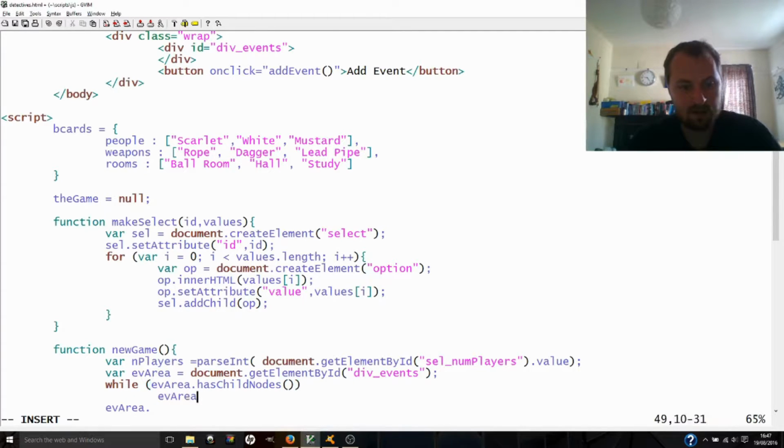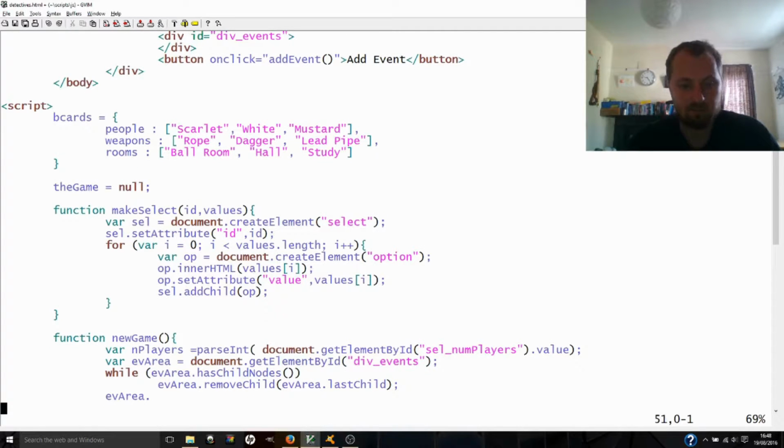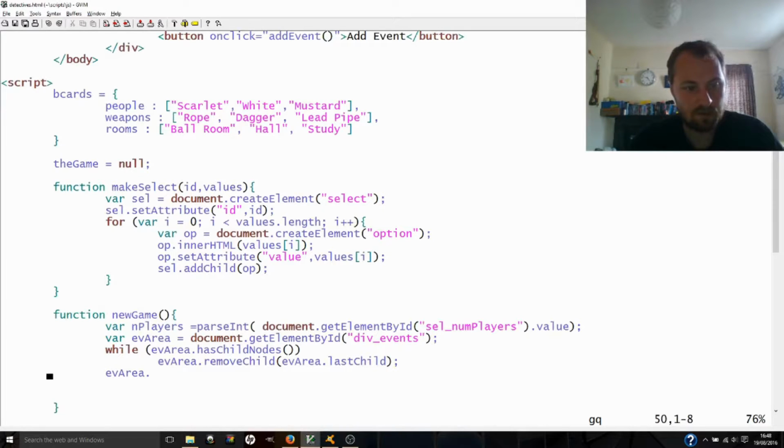Ev area dot remove child, ev area dot last. Now is last a function? Last child. It's probably last child. I should probably check these things. Any of these will complain when we actually run it, but for now we'll ev area. Oh, what have I just hit? No, I want to add it here. Ev area dot